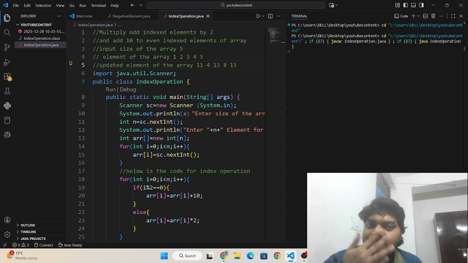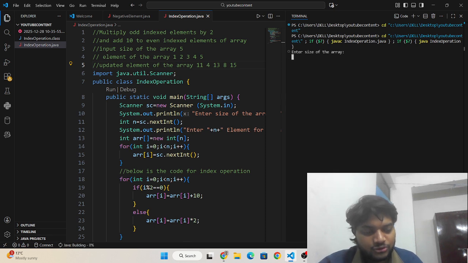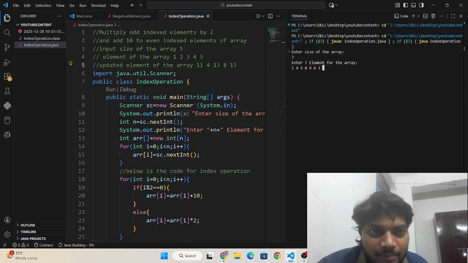Now I'm going to enter another set of elements. I'm going to enter 7 elements now: 1 2 3 4 and so on up to 7.